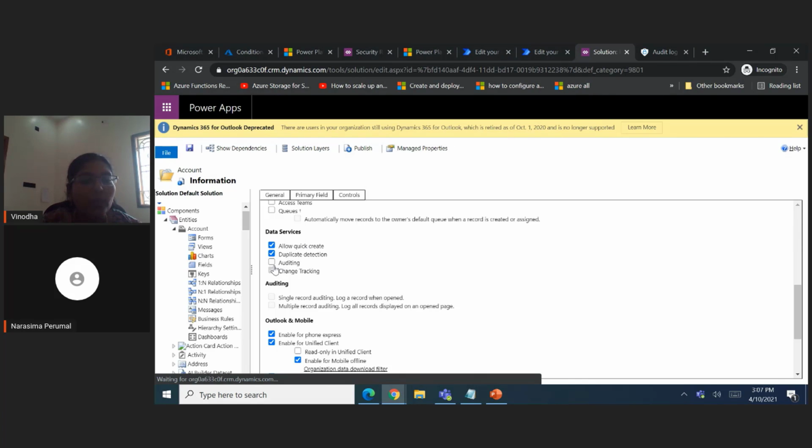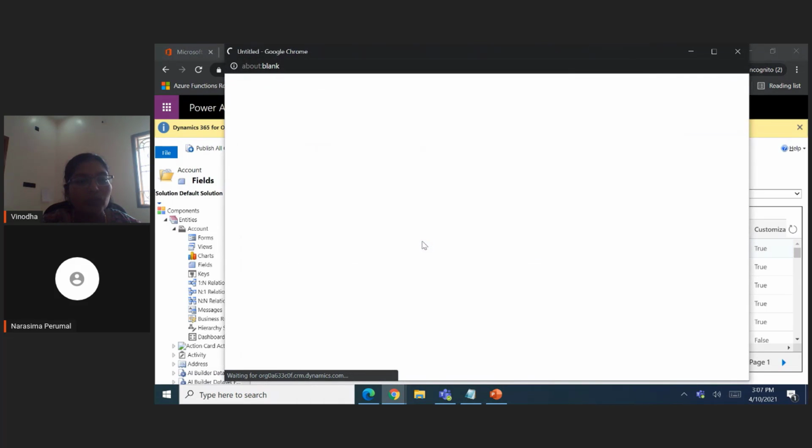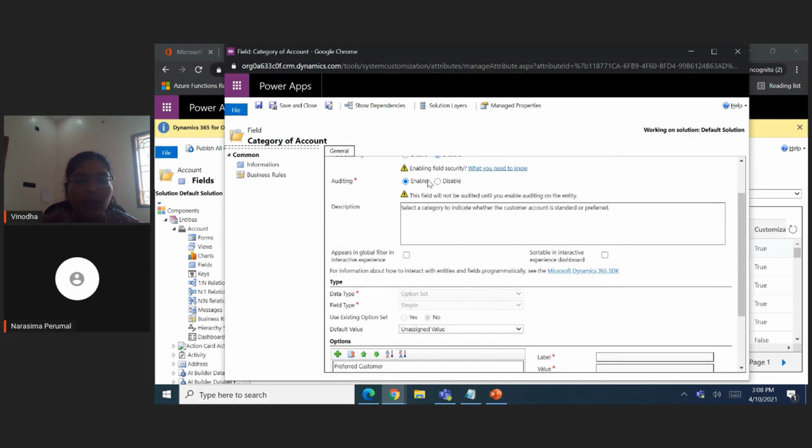You can also enable field level auditing. Here you can enable or disable the field level auditing on this page.